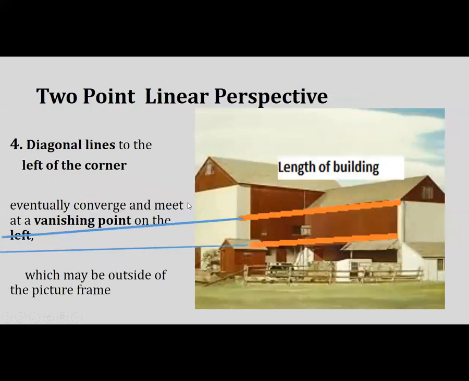Now I wanted to point this out. The front of the buildings, they're presented at angles. They're not presented straight on where we see the front of the building straight in front of us. They're at angles. So that's another key. It's 2-point linear perspective. So we're going to look at the lines that run along the length of that barn. They're wider here. They're more narrow here. I drew along those existing lines, but I'm just going to keep extending them,